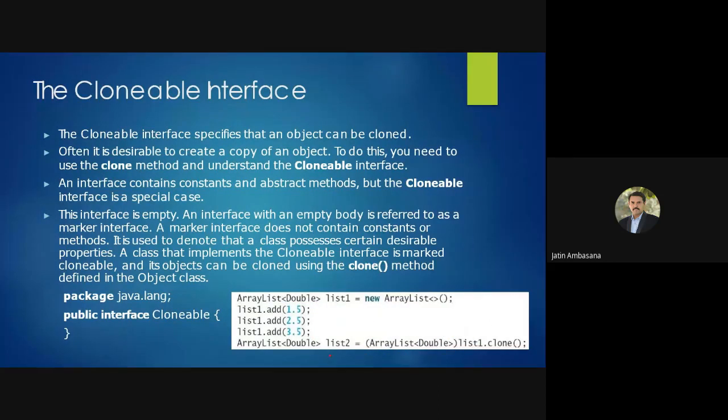List1 is pointing to one list, and list2 points to the same type of list, not that same list, but a different list of the same type, because it's a new clone.